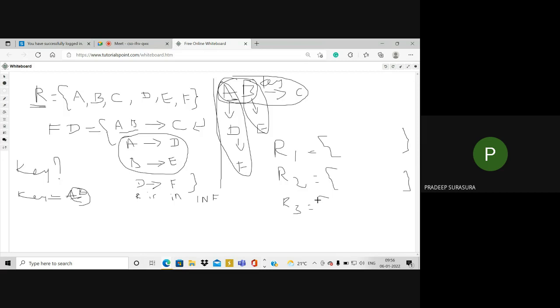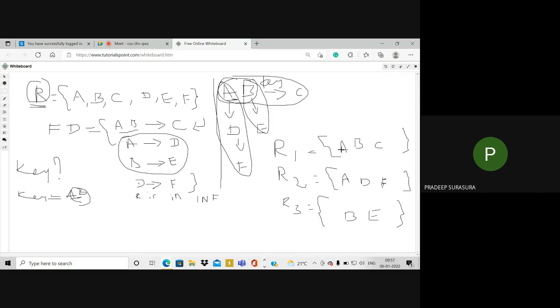Any questions, guys? Yes, sir. This diagram will tell us how to break these tables. So A, B, C will be in one table. A, D, F will be in one table. And B, E will be in one table. So after applying the second normal form definition, we observe that R is broken into R1, R2, R3. Understanding?